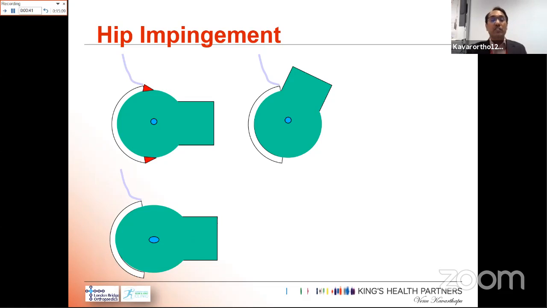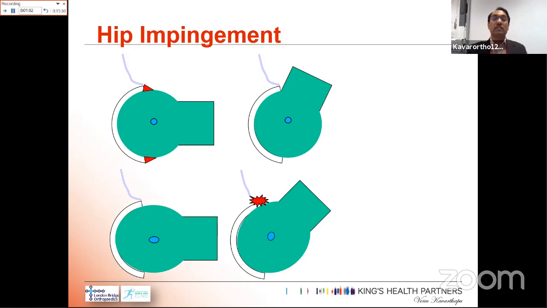The bottom picture shows a cam type shape. You can see that the center of rotation is not one pinpoint. It is not a perfect sphere or hemisphere. As this hip flexes, the abnormal shape is already abutting the hip joint at the top here, and that causes this abutment. This repetitive conflict is the hip impingement. In this example, it is due to the cam shape of the femoral head at the head and neck junction. If you look at this other example, the acetabular rim is more prominent